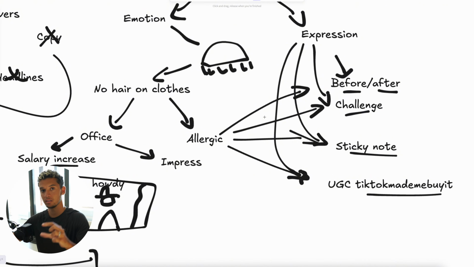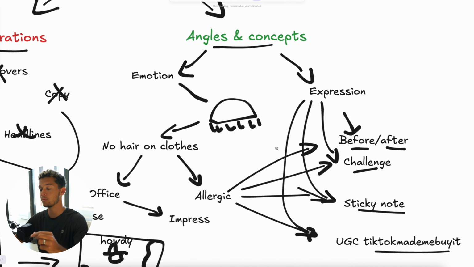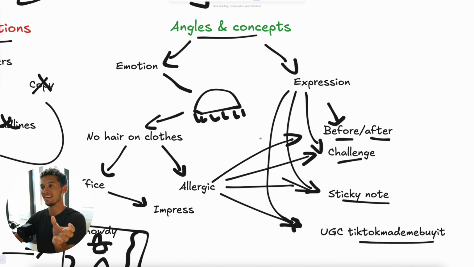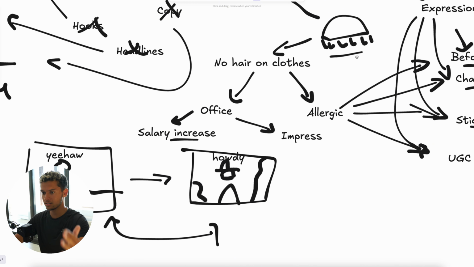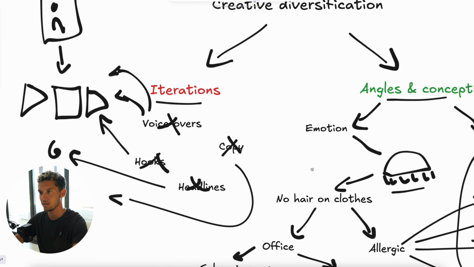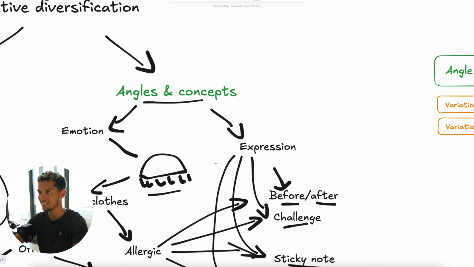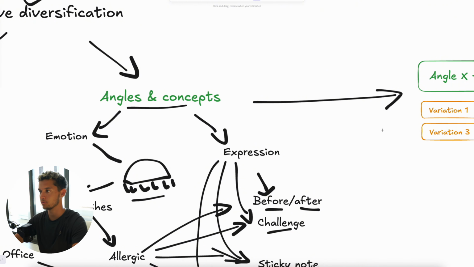And these will be different creatives. And they will not only sell to different angles with different concepts, but you will also sell to different states of buyers. So people that are solution aware, people that know that they need it, or not, like completely unaware. They don't even know that the hair on their clothes is the reason they're not getting a salary increase. You need to educate them, and then you need to do this for everything. And you see, this looks like a freaking headache. Maybe it's just the way I do arrows to everything, but this is actually how you solve this.